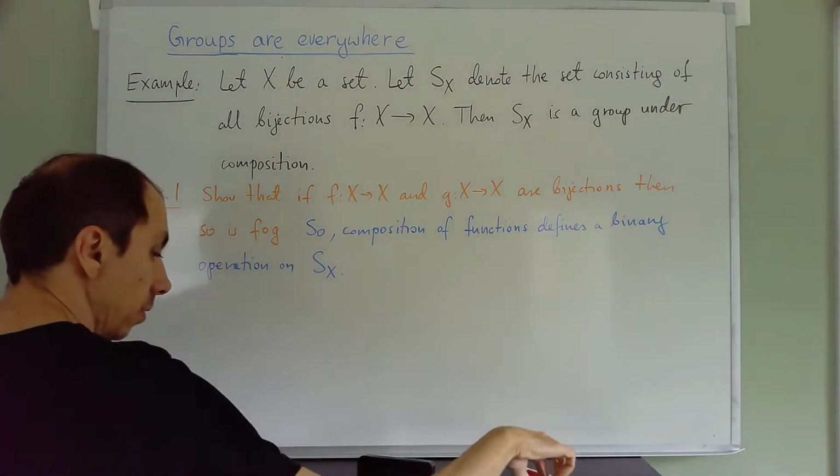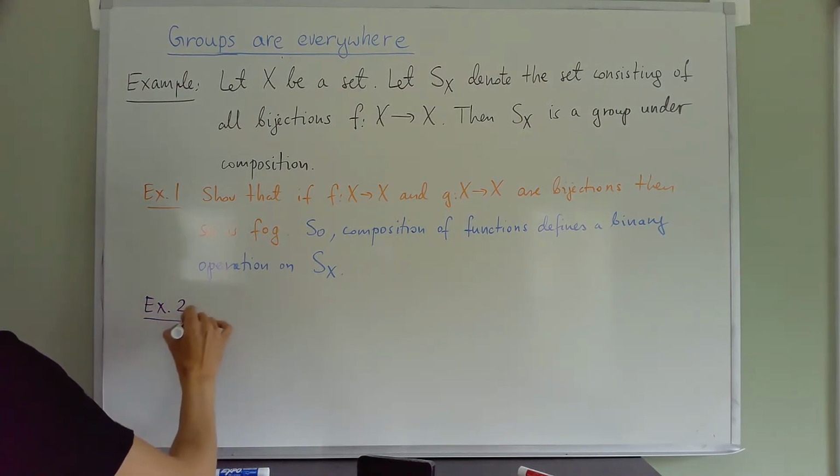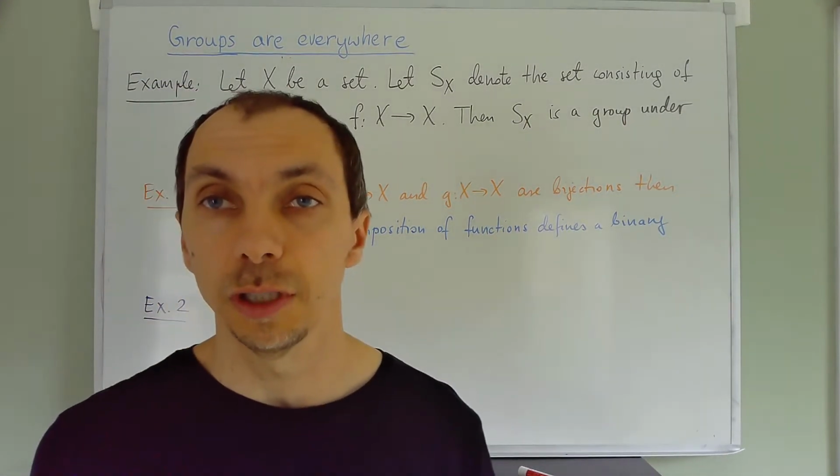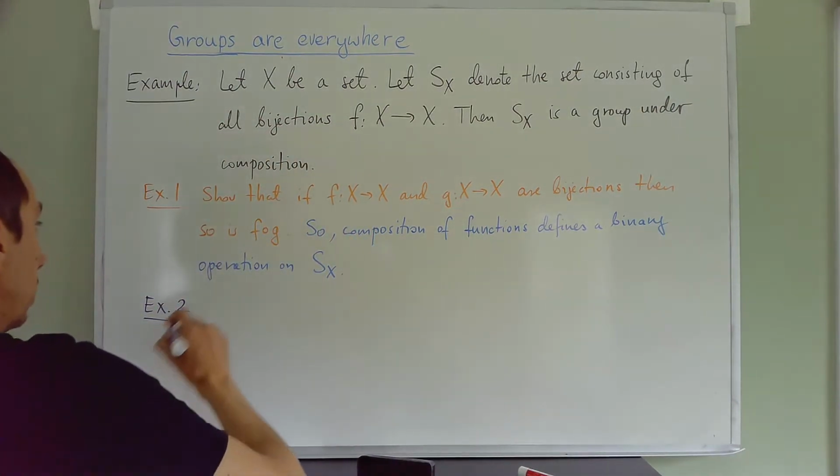Exercise number 2. What else do I now need to know to show that this is a group? I need to show that this operation is associative. And this is